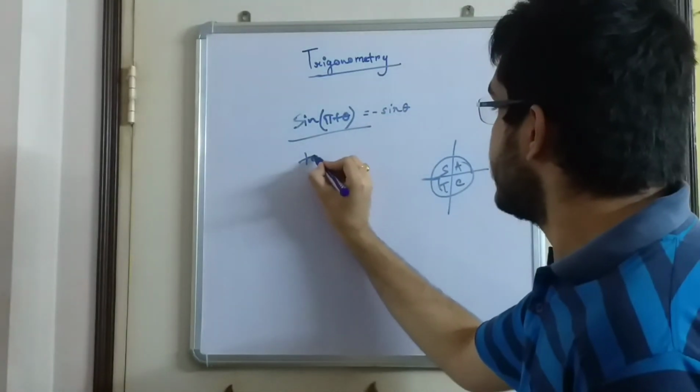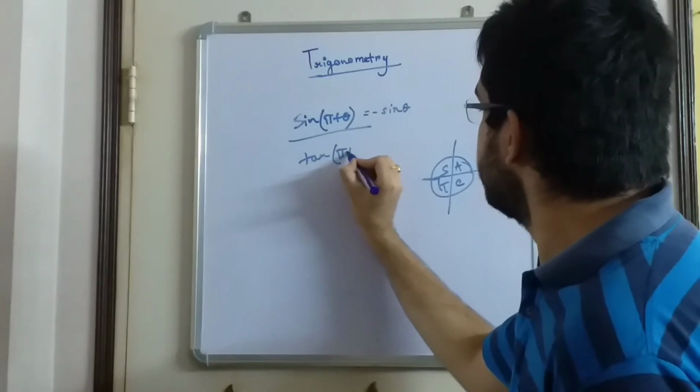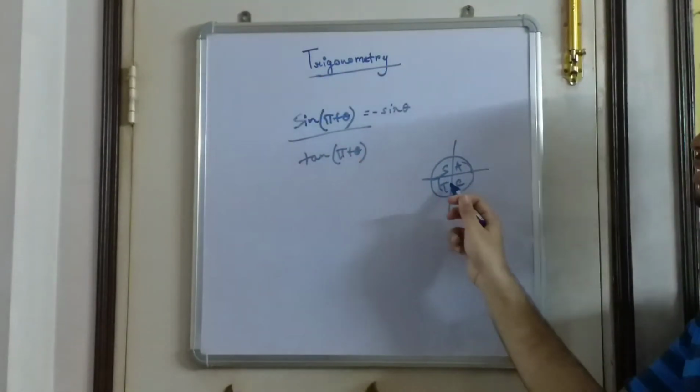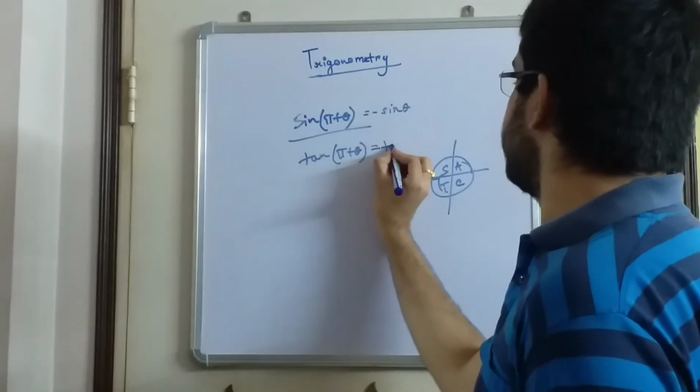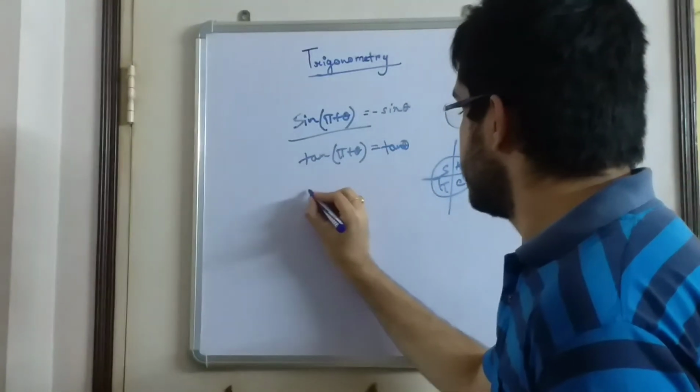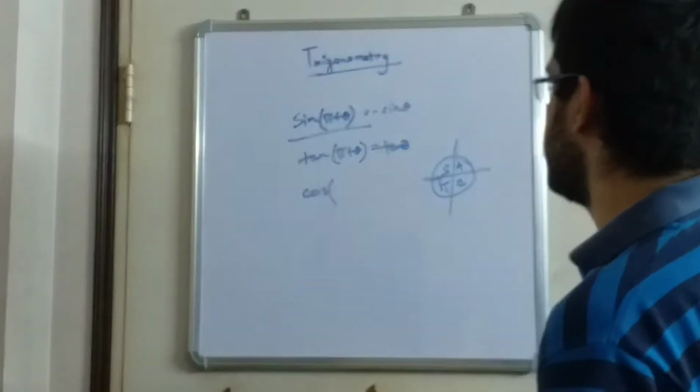Okay, tan of pi plus theta. Again this third quadrant, tan is positive. Simply write tan theta. Cos of